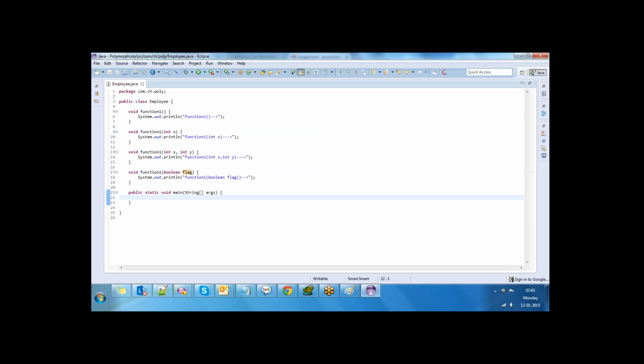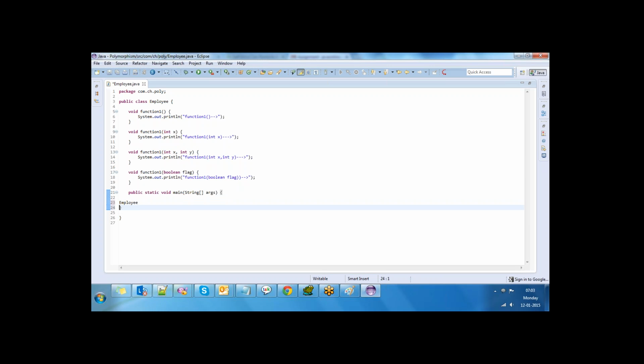So let me show how to access the methods in the Employee Java class. Employee equal to new Employee. What is the meaning of that? Creating an object. Which class object?